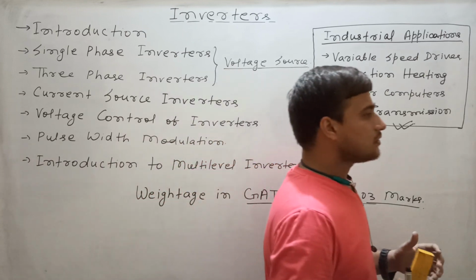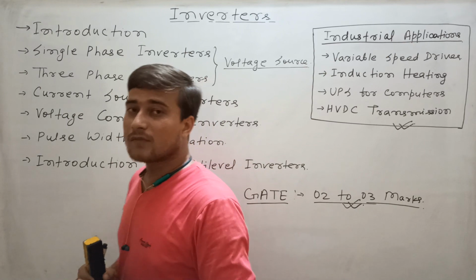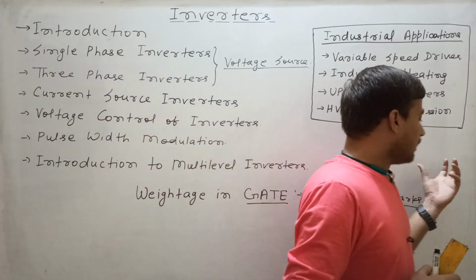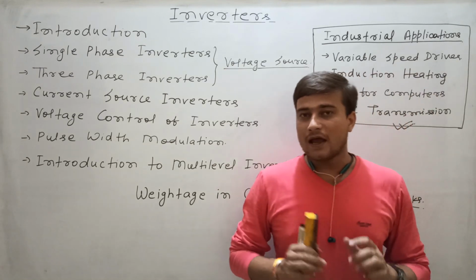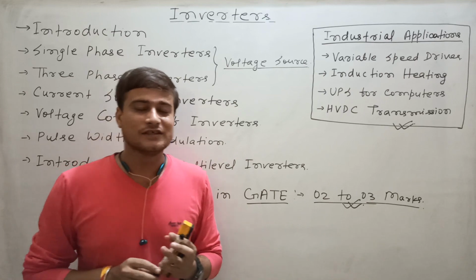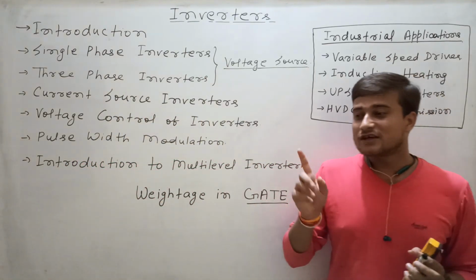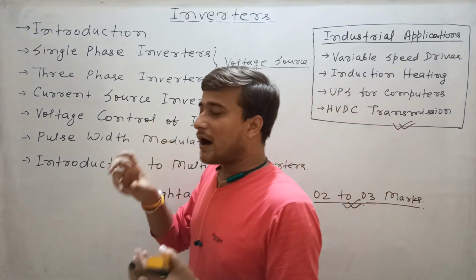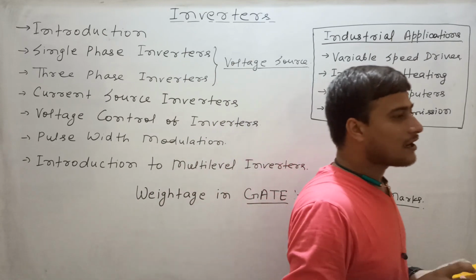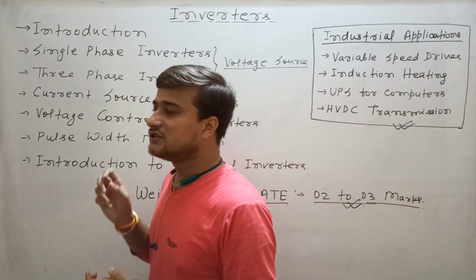You are using inverters at your home. Why? Because if there is a power cut, then there must be some backup of the supply. Now, does the inverter provide backup of the supply? No. When you go to purchase an inverter, you purchase two things. One is the inverter, another one is the battery. What is the role of the battery? When AC supply is coming to your home, that battery is connected to the AC supply and it is being charged.